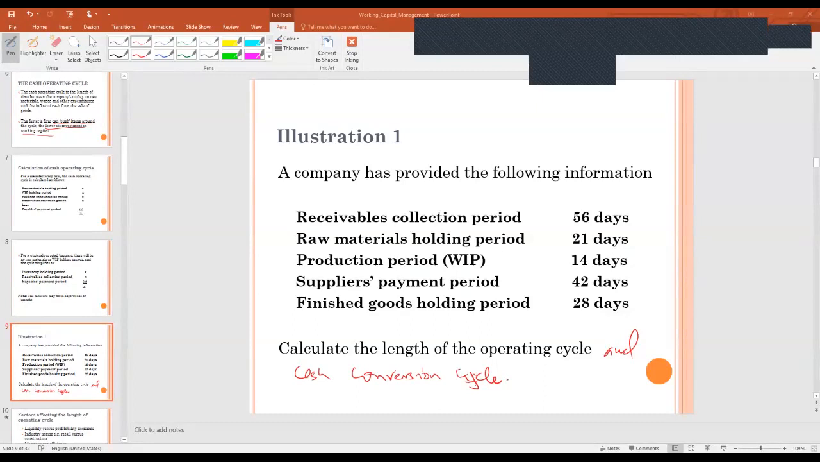Yes. Operating cycle, I'm getting 119 days. Okay, and the cash conversion cycle 91 days. Fair enough. We can look at it together. Well, simply don't forget the operating cycle is made of